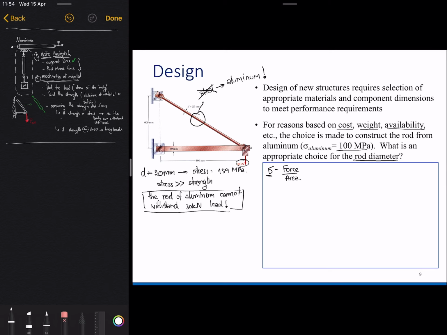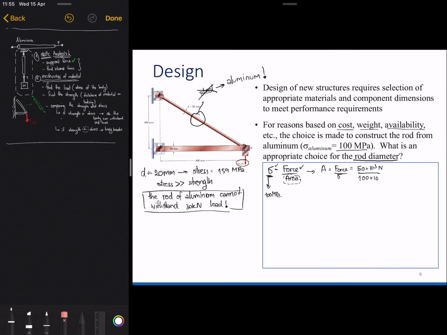You know that the limit is 100 megapascal. This is your stress limit. You also know the force, so what you have to change is the area. So the area equals force over stress, which is 50 kilonewtons over 100